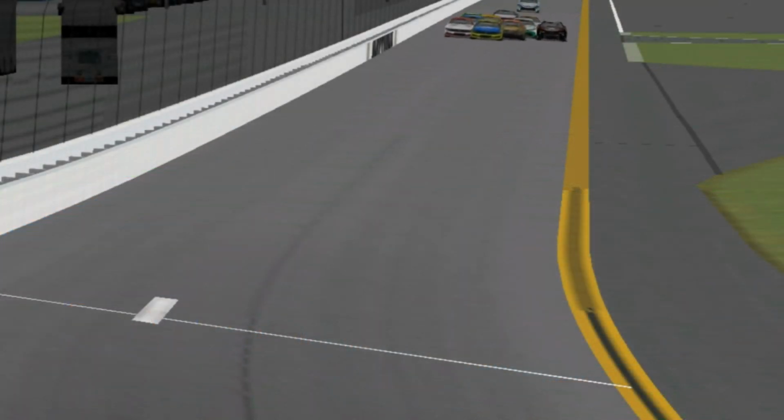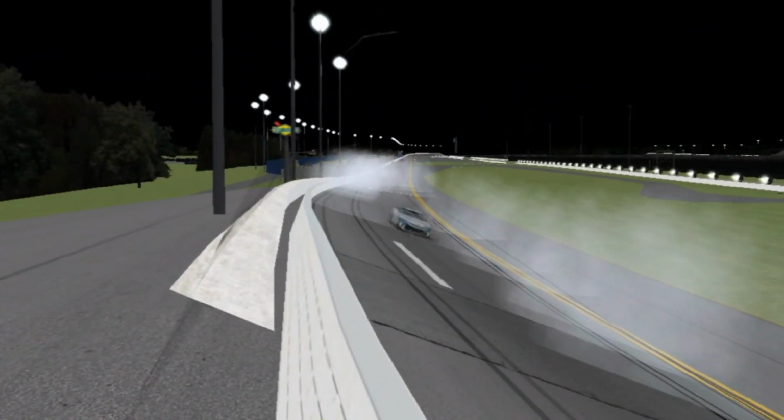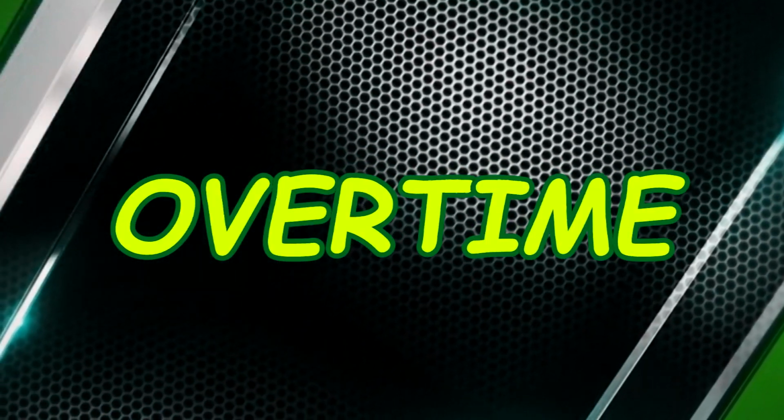So now a revised look at the running order as it stands here under caution, coming to 2 laps to go in a scheduled distance. Nemechek has...